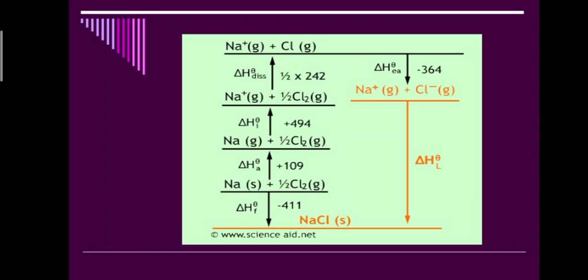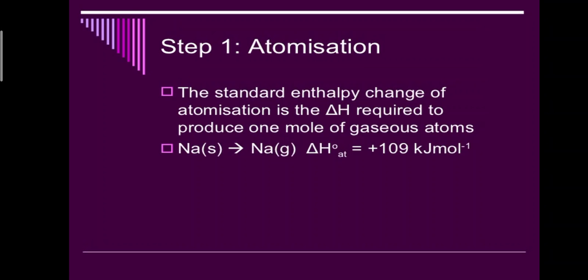The final reaction is sodium ion reacts with chloride ion to form sodium chloride. And here the ΔH° of lattice energy means that ionic crystals are formed. Here the crystals of sodium chloride are formed. So I have defined all the energies, all the standard enthalpies of formation, combustion, sublimation, atomization, electron affinity, all of these. Now what is atomization?